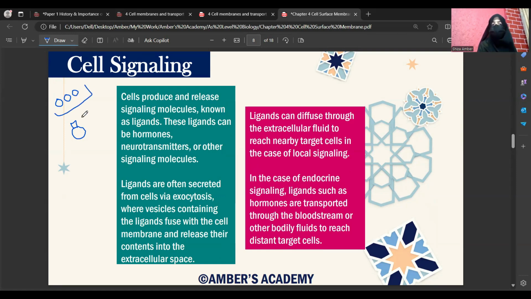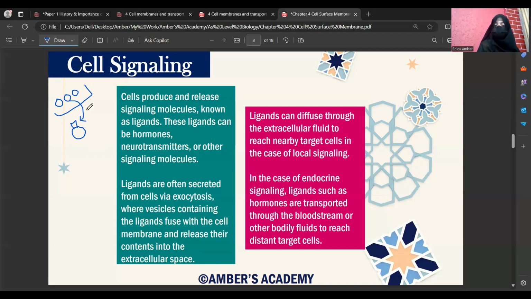signal within themselves. Okay, and when they come, they bind with their receptor proteins. When they bind with their receptor proteins, this induces a signal transduction within the cell, and a signaling cascade then happens. Signaling cascade means that original signal is then amplified in order to achieve particular metabolic response. So when that particular metabolic response is achieved, then that action happens within the cell.